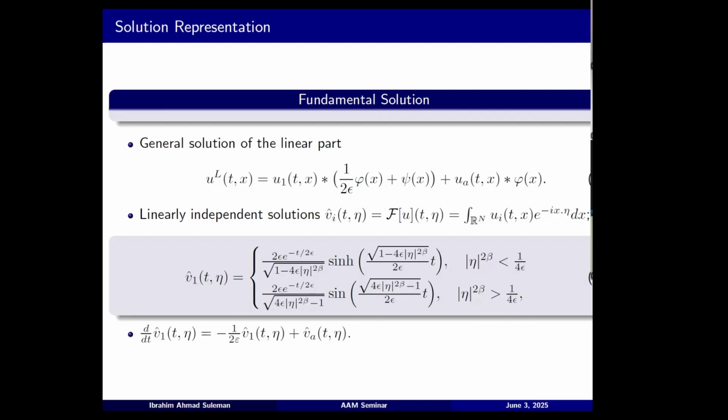But u1 is defined basically as the fundamental solution. We have u1 at 0 will be 0. The derivative of u1 in the Fourier domain will be 1, like the delta function. So that defining them by Fourier transform, the Fourier transform of u1 is of this form. Here we clearly see the effect of epsilon, the oscillation term.